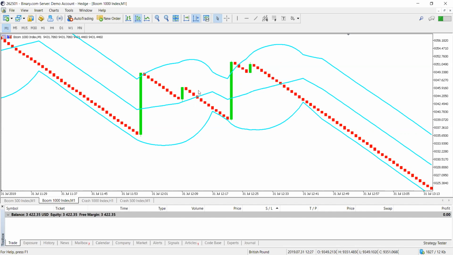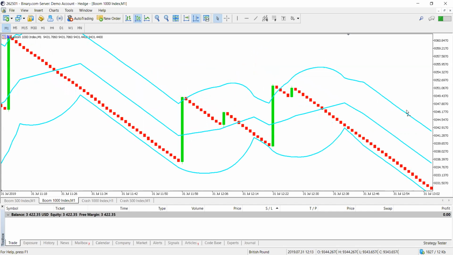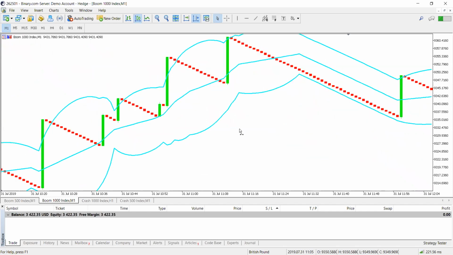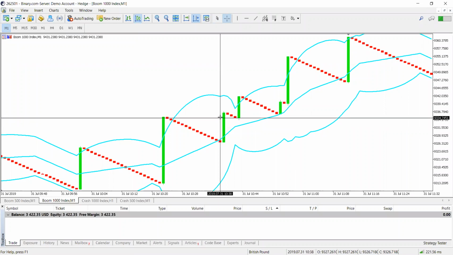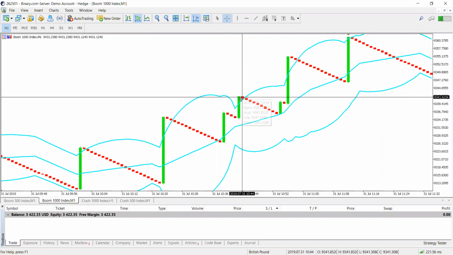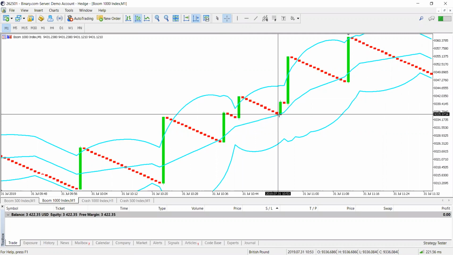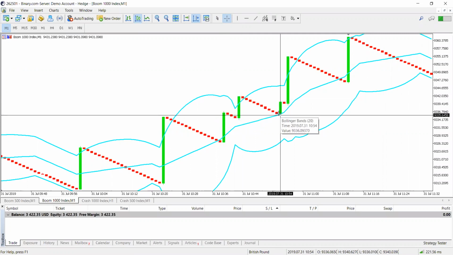Okay, so we don't sell after every boom. We only sell if the boom is below the previous boom. Like this one doesn't qualify, this one also doesn't qualify, this one would qualify, but seeing that